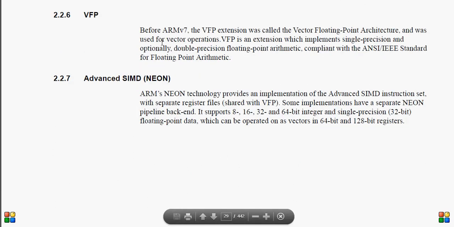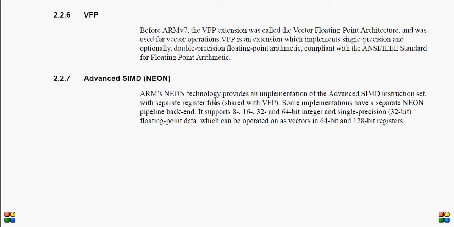Now come to the next part, which is VFP. Before ARM version 7, the VFP extension was called the Vector Floating Point architecture and was used for vector operation. The VFP extension implements single precision and optionally double precision floating point arithmetic. Now Advanced SIMD, Neon. This is the last parameter which we will discuss.